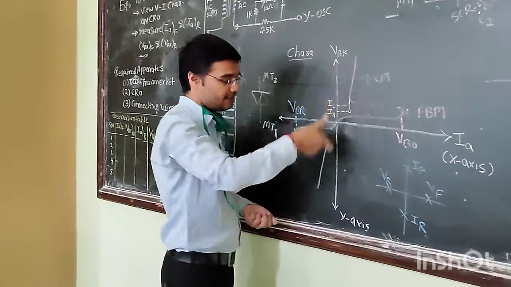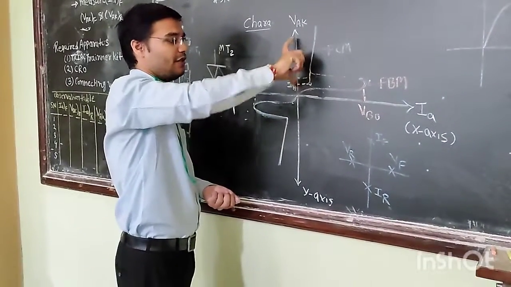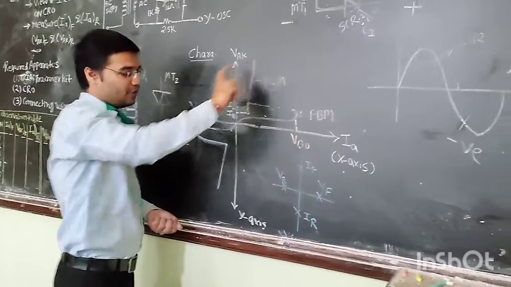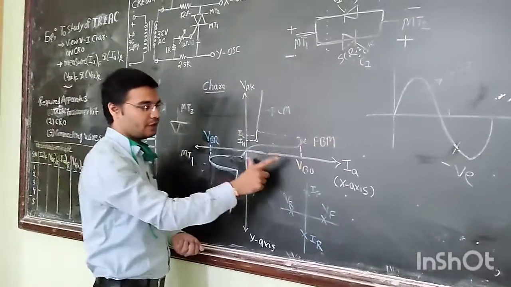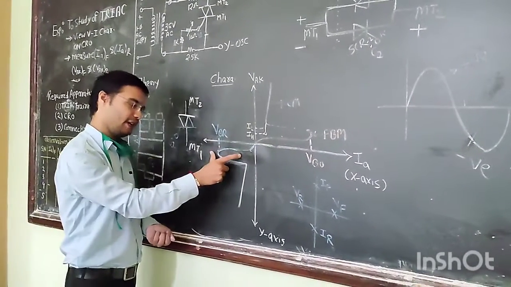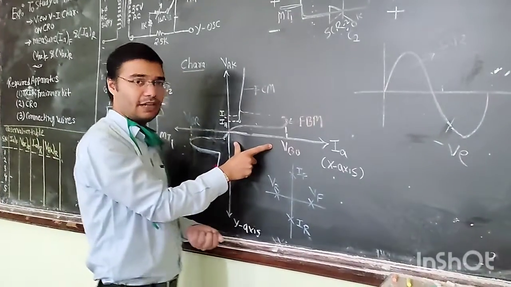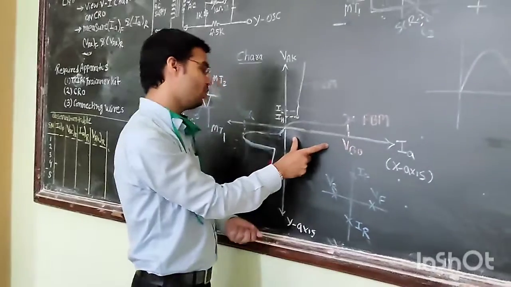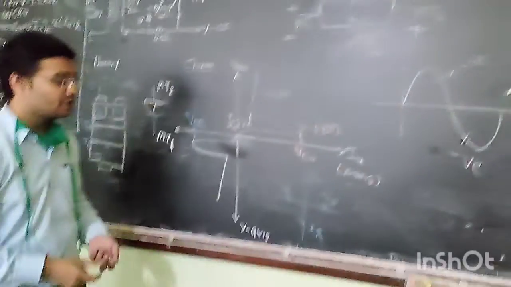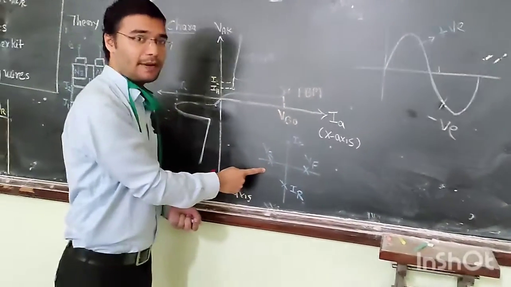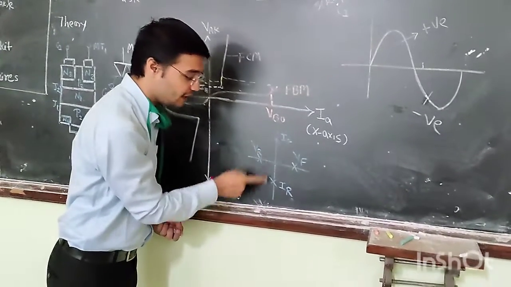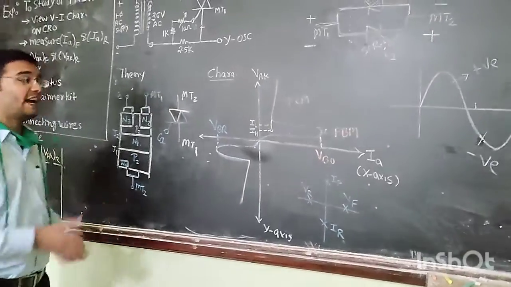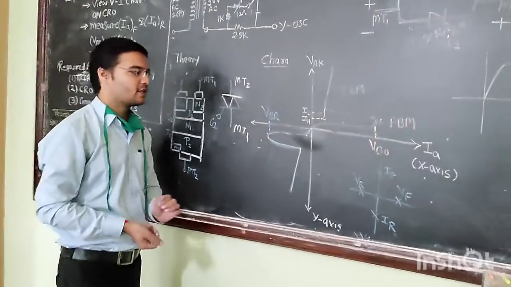If you are observing the y-axis, this is the positive y-axis and this one is the negative y-axis. During the positive we are observing some amount of current. On the positive x-axis and negative x-axis, we see the voltage: positive voltage on the positive x-axis and negative voltage on the negative x-axis. It means the voltage blocking capability is available and current is flowing in both directions, positive direction as well as negative direction. That's why we can say it is a bidirectional switch, right? Triac is called a bidirectional switch.